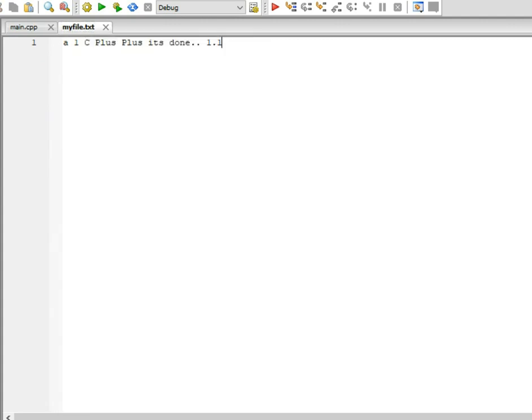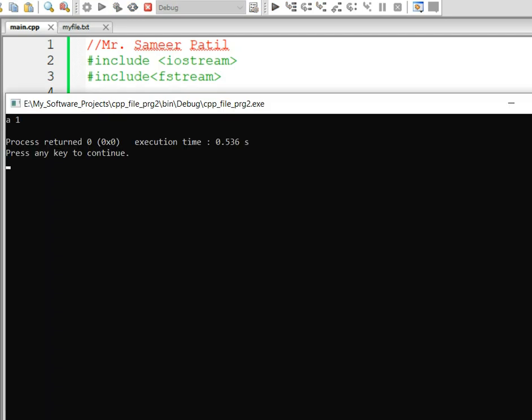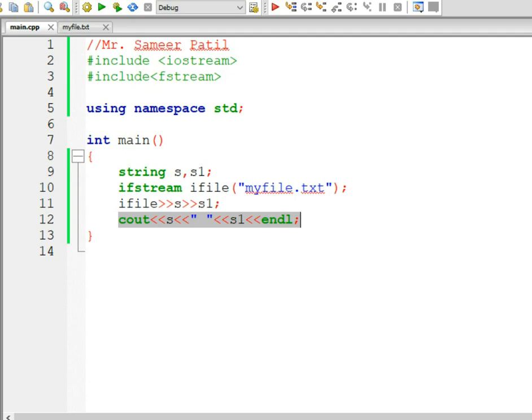Here are the contents of myfile.txt, which contain a, 1, then c, plus, then the extra data we added in the last video, which is done, and then 2 dot space 1 dot 1. Now let's compile it. The program has compiled. If we execute it, it clearly displays a and 1 on the screen, and we are reading 2 strings from the file.